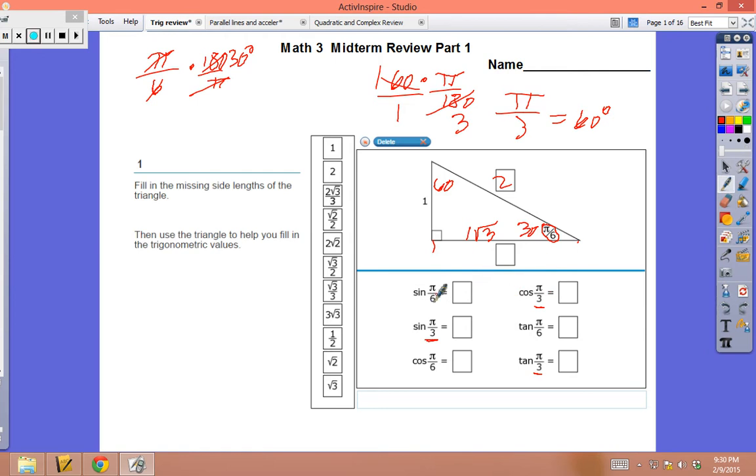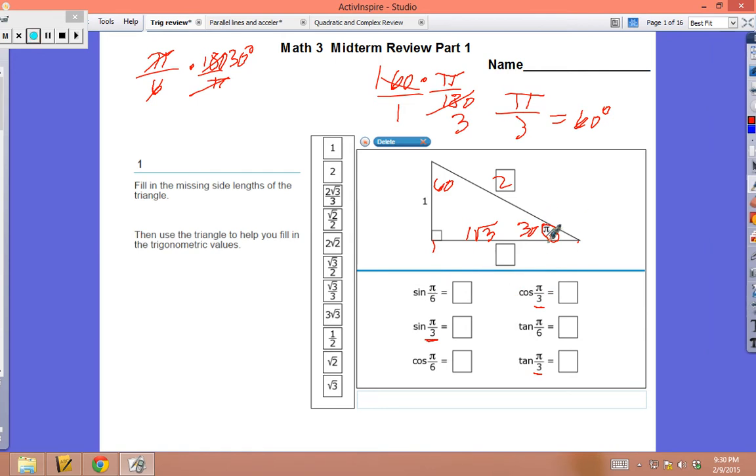So theta, they want you looking at pi over 6. They want you looking right here. Sine is going to be opposite over hypotenuse, so that's 1 over 2. Pi over 3, theta, they want you looking right here. Sine is opposite over hypotenuse, so it's going to be square root of 3 over 2. Cosine of pi over 6, cosine of 60 is adjacent over hypotenuse, that's 1/2. Cosine of pi over 3,